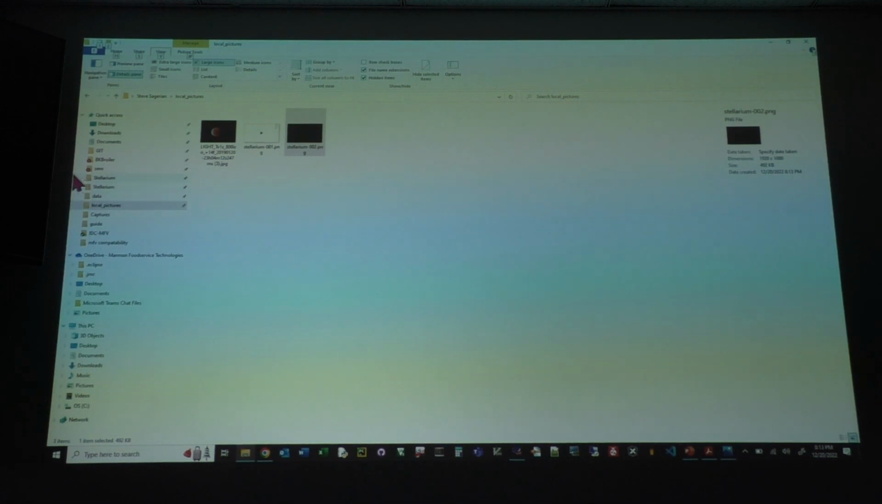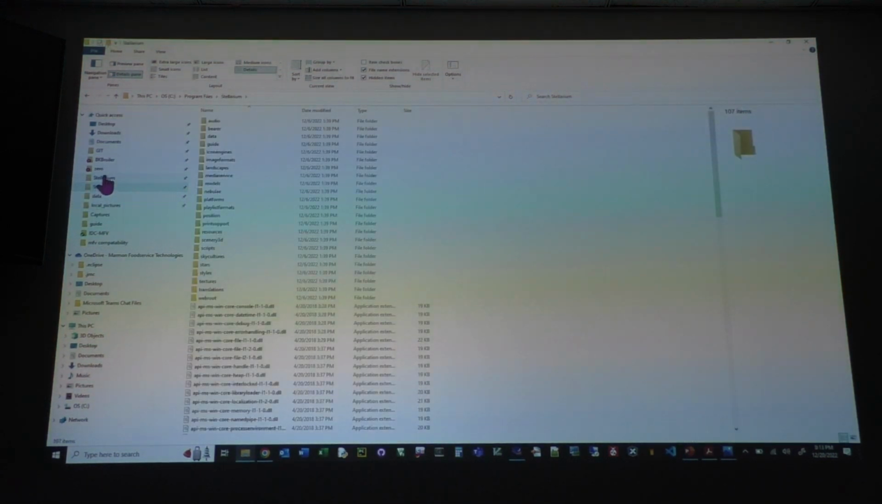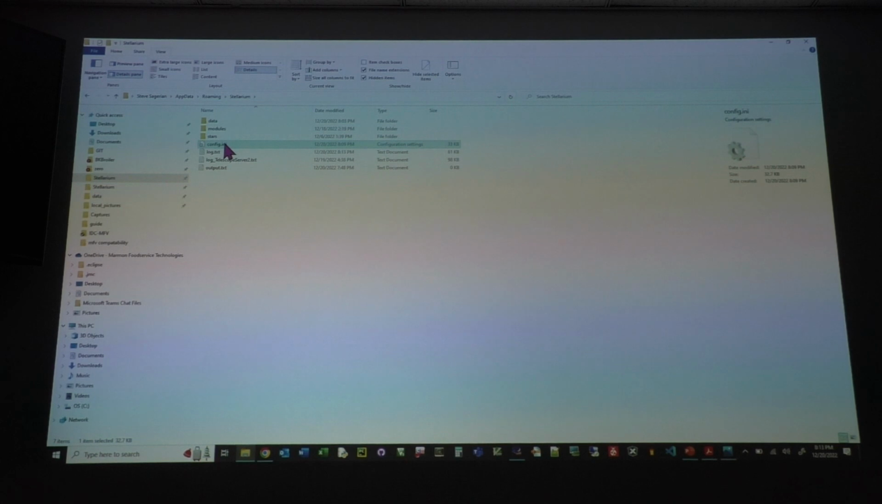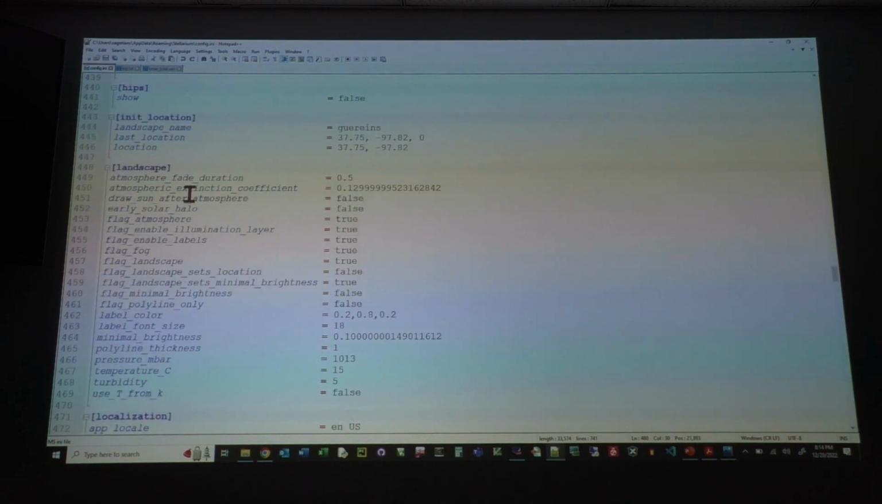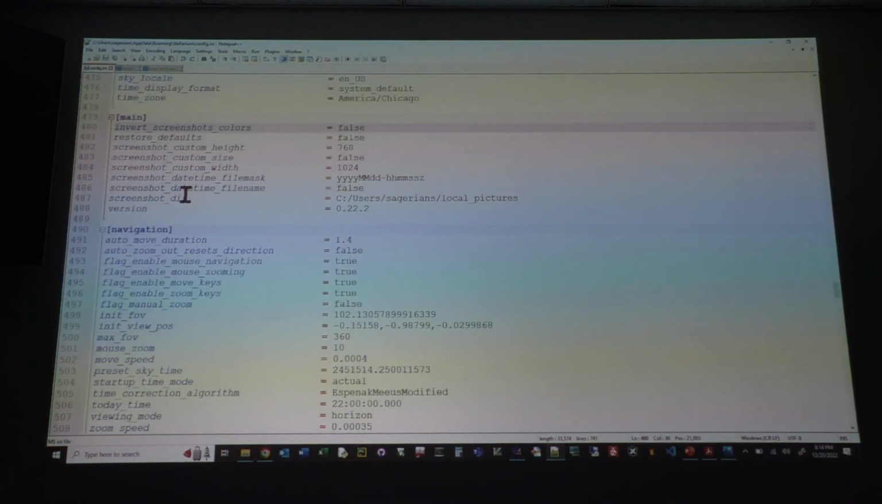In Stellarium, there's this file called the config file. It's right here, and I actually have it in an editor. So here's that same file that you just saw, and you notice there's this section called main. This is the configuration file that shows all the different parameters for how Stellarium is set up. One of the things that's in here is called invert screenshot color, and it's set to false. So if I set it to true,